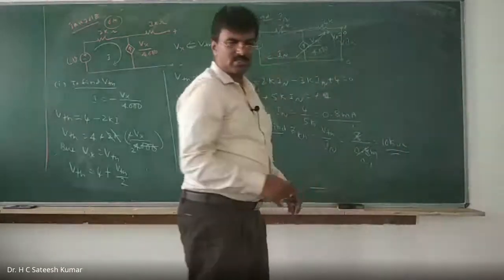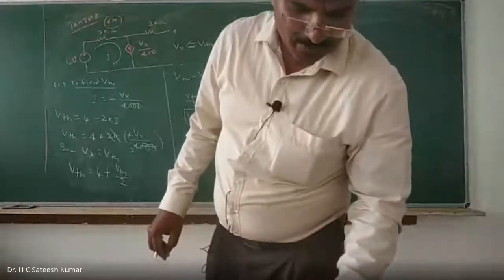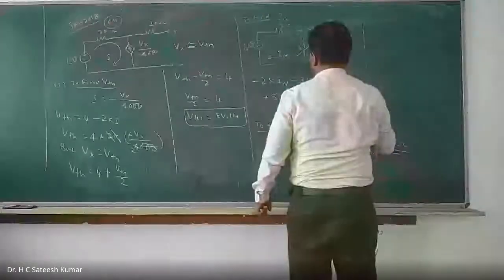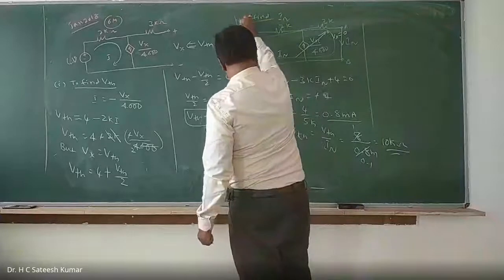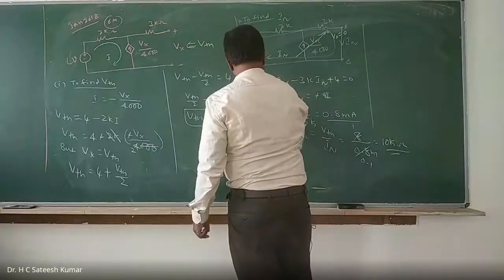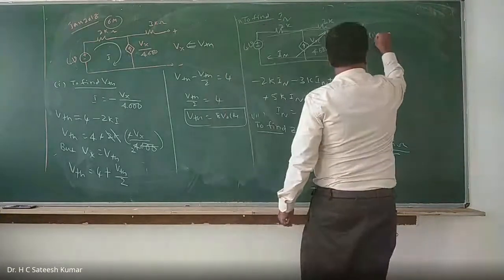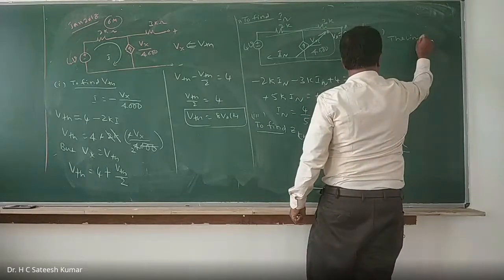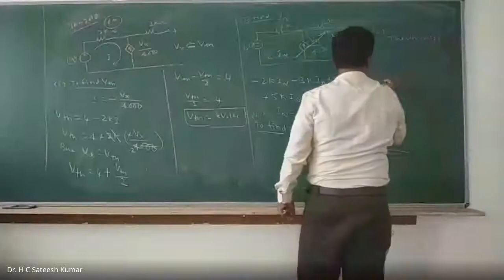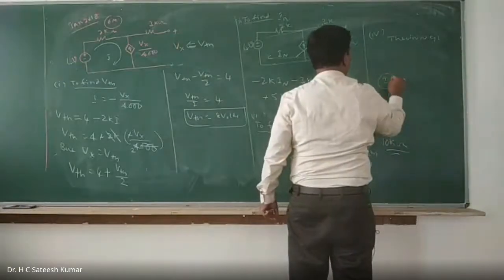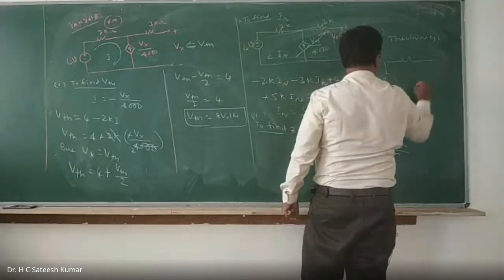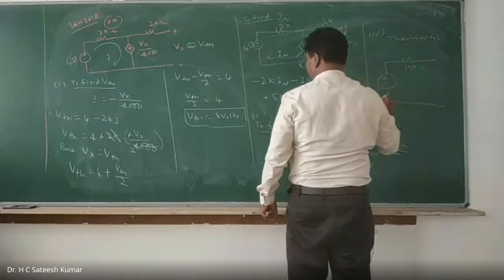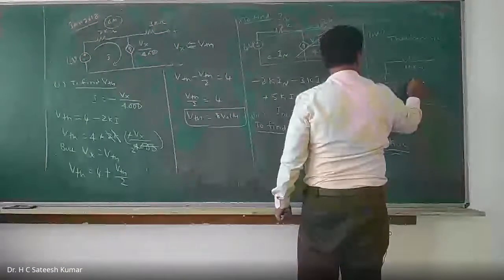So now, what is the question? What did he say? Obtain the Thevenin's equivalent only, he said. That's the first step, step number 2 is this, step number 3, and step number 4 is the Thevenin's equivalent. How will you write that? A voltage source in series with a resistance. This is 10 kilo ohm and this will be VTH, 8 volts. This is the equivalent circuit.